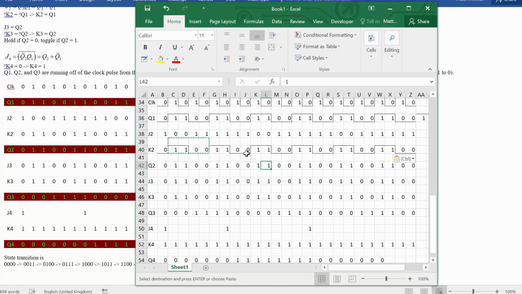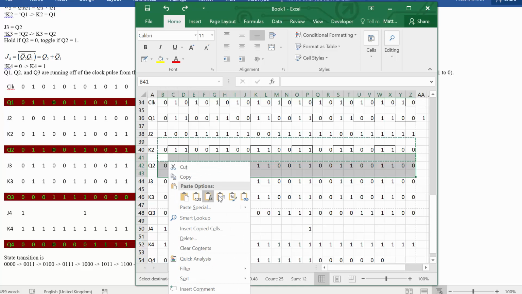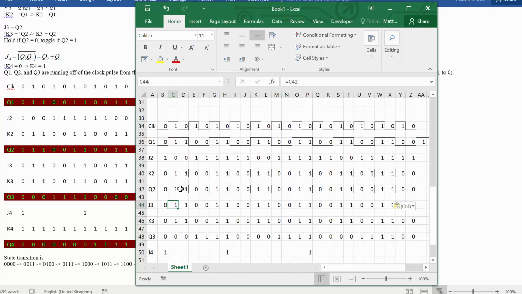Great. And next one. Oh, that wasn't Q2. That wasn't Q2 at all. But actually, it's the same. So why don't we draw from there and, oh, that didn't work. Let's paste formatting there. Okay. We were pasting the formulas that we had for K2, and that messed things up a bit. All right. Next thing,